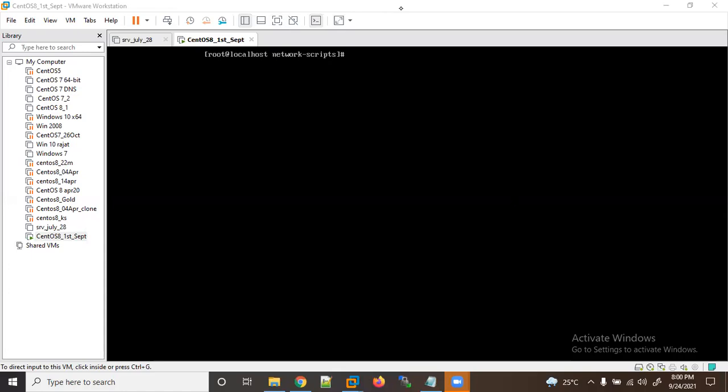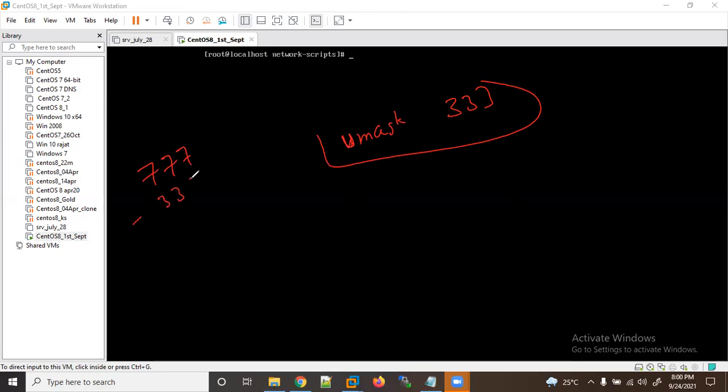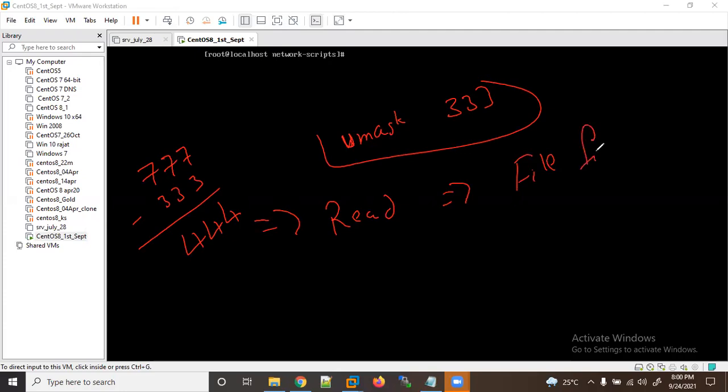If I remove 3, 3, 3, what will you get? 4, 4, 4. 4 we already know is used for read. So in the case of a file, it is fine. But what about a directory? It is invalid.